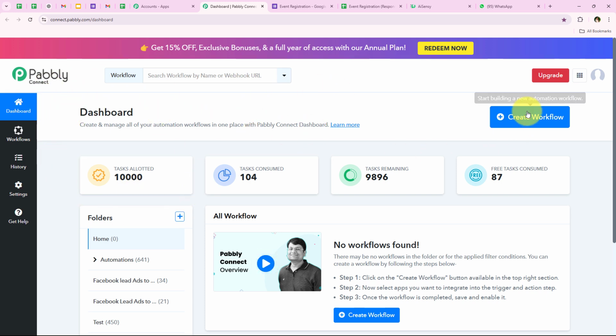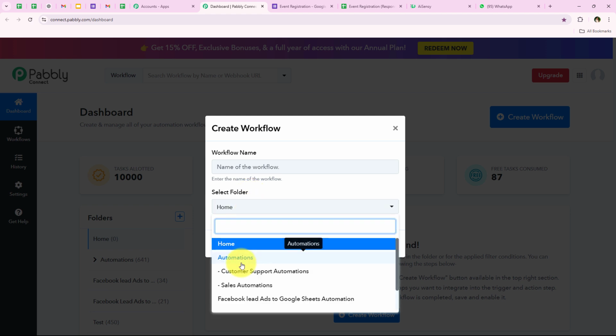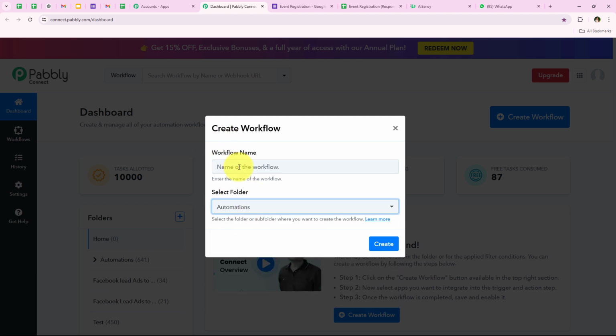And to start with this automation, we're going to click on this button which says create workflow. And now it is asking me the workflow name and the folder I want to save the workflow in. So here, I want to save the workflow in this folder which is automations, and I want to name my workflow as send and get WhatsApp message on Google Forms submission using AiSensy Google Forms to WhatsApp. So as you can see that on my dashboard, I've already created multiple folders and I've selected the same folder right over here. So now after doing all of this, we're going to click on create,